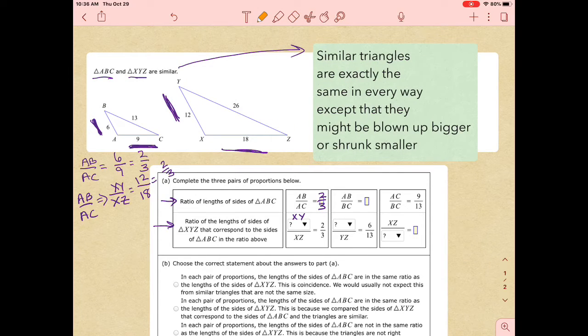So then, if I want to come over here and look at AB over BC, so again, we're looking at AB, and then we're looking at BC. AB over BC is going to be 6 over 13, and we can't reduce that, so we'll just put that in here, 6 over 13. And then looking down again at the problem just below it, if I'm trying to make comparison to the other triangle, AB over BC is the same thing as XY